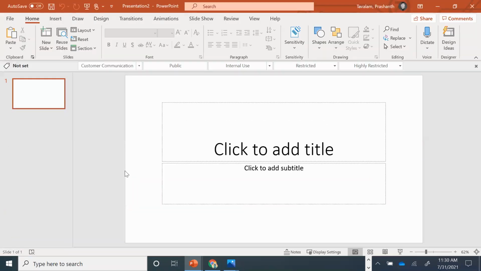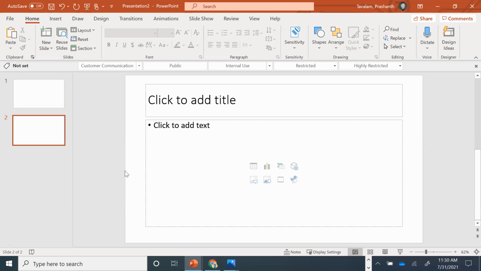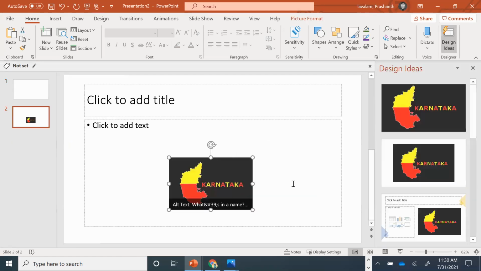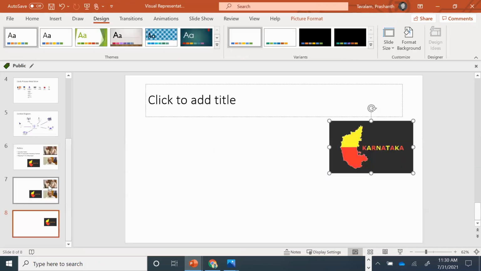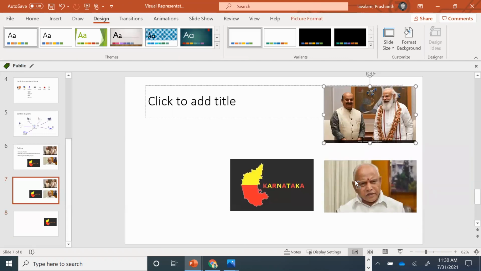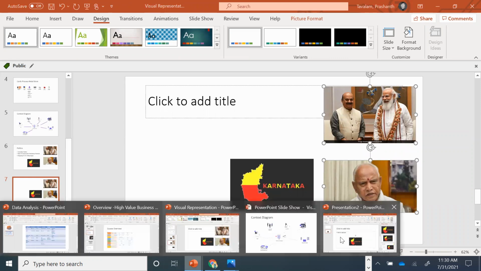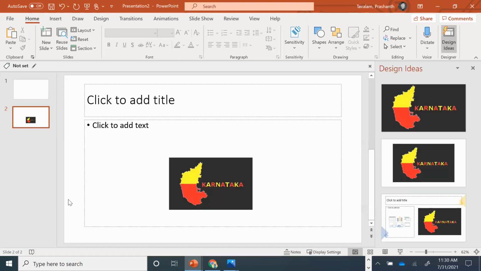Ideally, it should work. Now, this design ideas option will make this whole setup very interesting. It's an auto suggest. Let's do this. So ensure you leverage this feature.